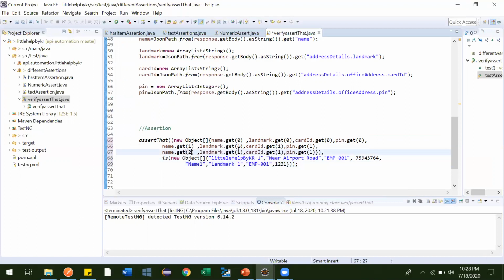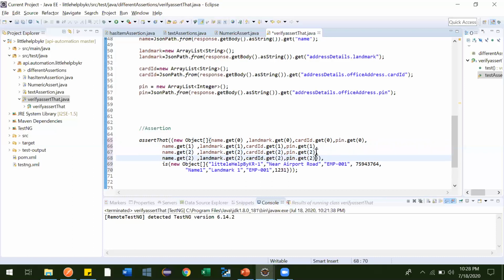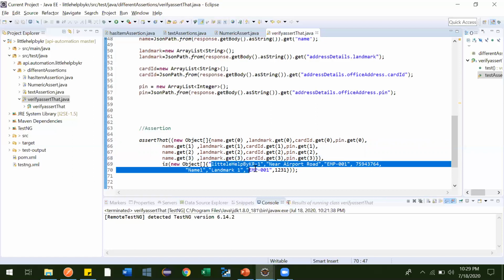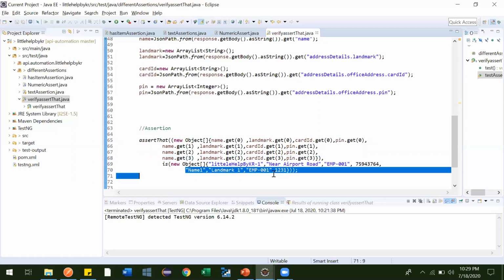Here 2, 2, 2, 2. Let me do the third one also, which means the fourth one. So 3, 3, 3, and 3.